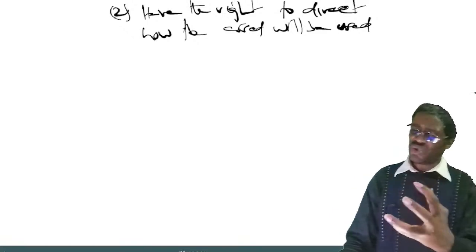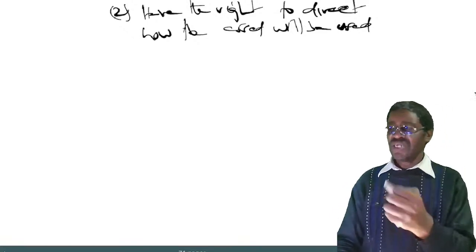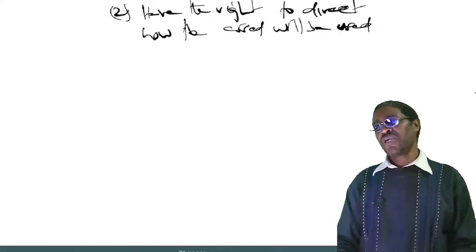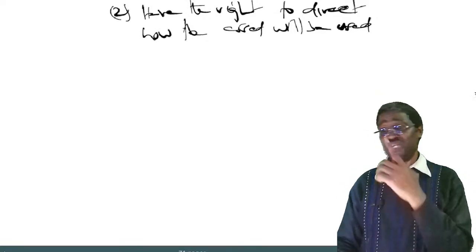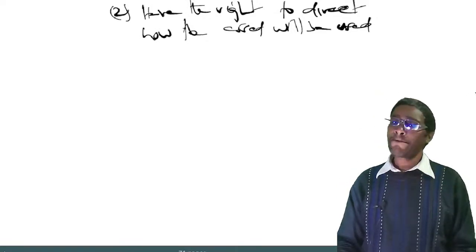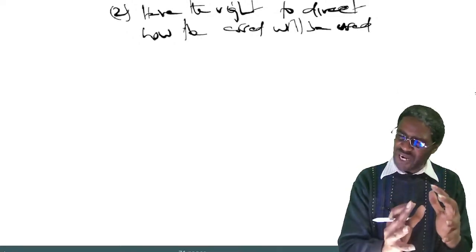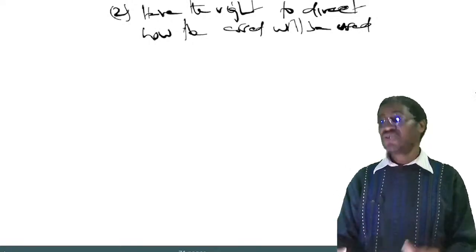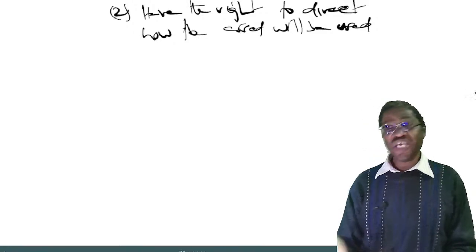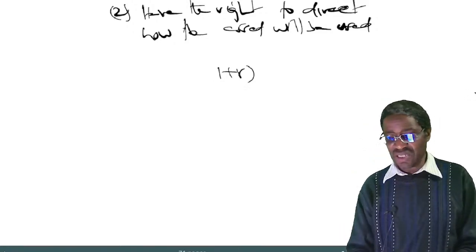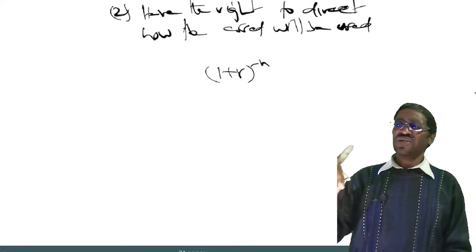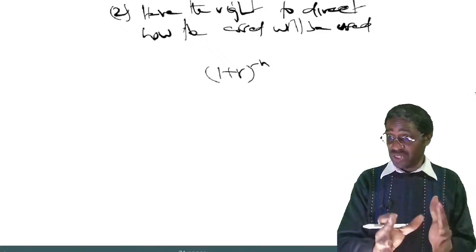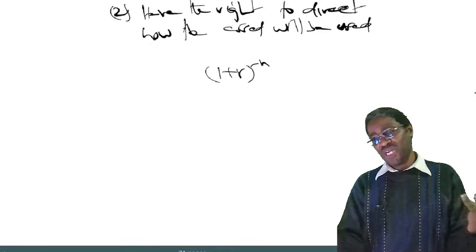Now, I told you to get the lease liabilities, you do what? Get the present values. All of you have done finance or are doing finance. Of course, you have done finance before. So you know how to get the present value of a sum or an annuity. If it's an amount, you know it is 1 plus r to the power of what? N. If you are paying 2 million, 2 million, 2 million, 2 million, 2 million, 2 million, those are annuities. There is a formula for it. Or you still can use this formula.